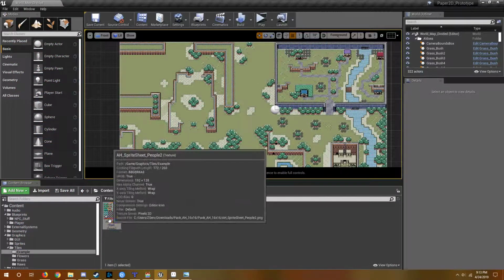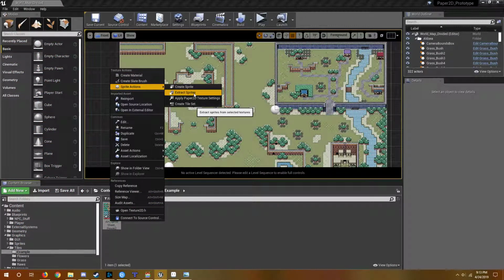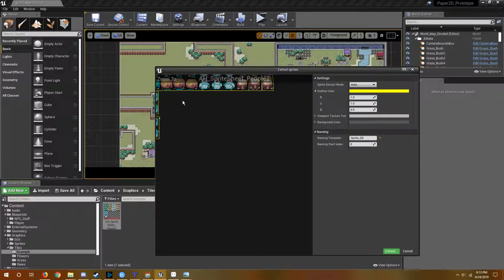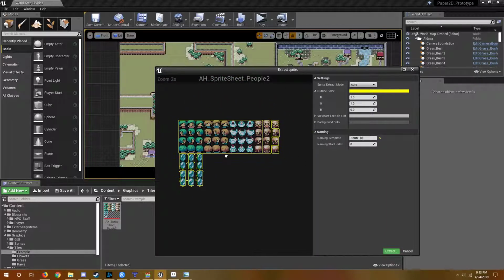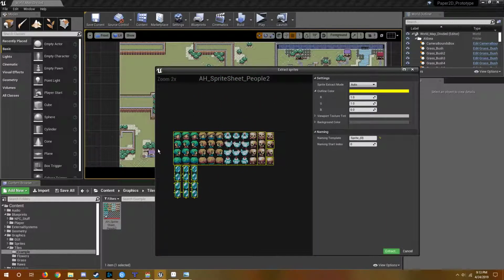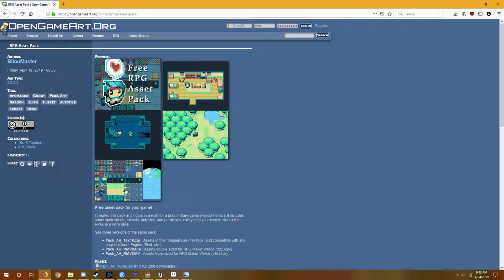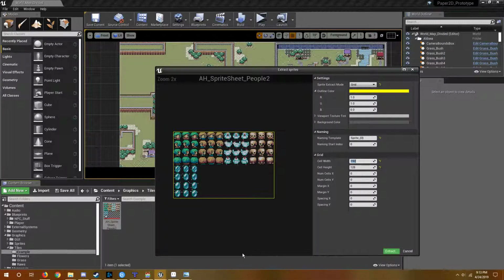So then what we can do is hit Extract Sprites. What this is going to do is try its hardest to automatically figure out what sprites are what, but it's really bad at it. So we're going to go down to grid for sprite extract mode, and then manually define the size here. Because we know from this that it's 16 by 16, we can just type in 16 and 16, and this is going to rip all of these out into individual